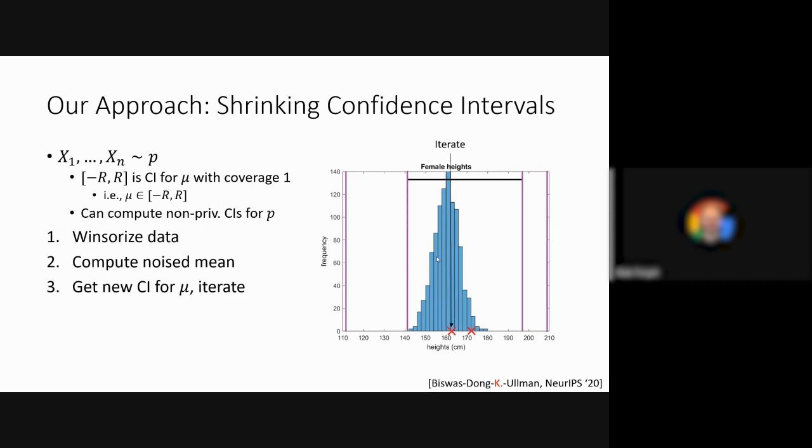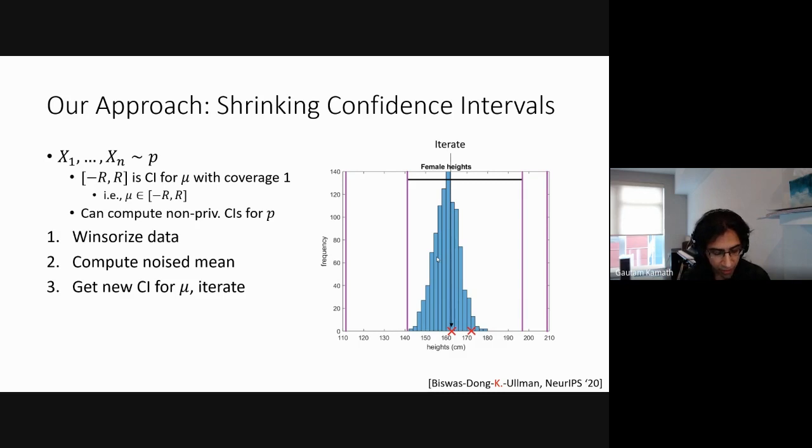When do you stop iterating? Because eventually you start Winsorizing into where a lot of the data is. So how do you know when to stop Winsorizing? Fantastic question. We'll talk about this more in a few slides, but essentially we can say in theory, you need to do this log R times. In practice, you need to do this maybe 3 times. This is sort of like a hyperparameter that you would have to tune in a real algorithm, in the sense that 3 works well in our experiments, but depending on your setting, you might need more or less.